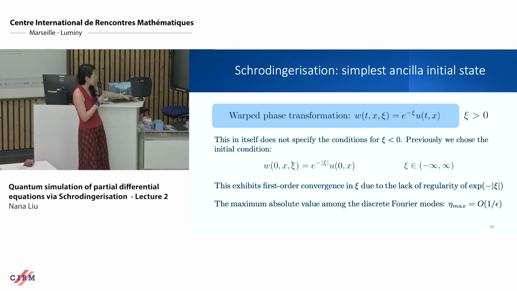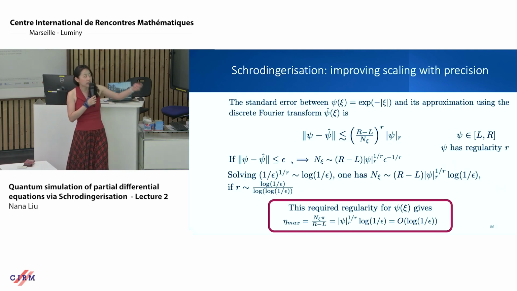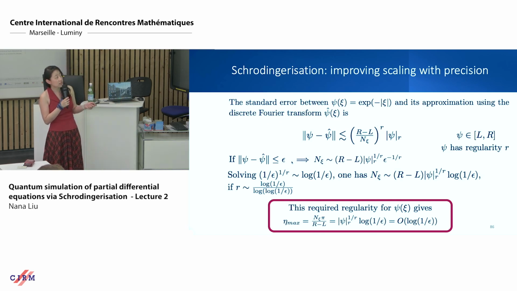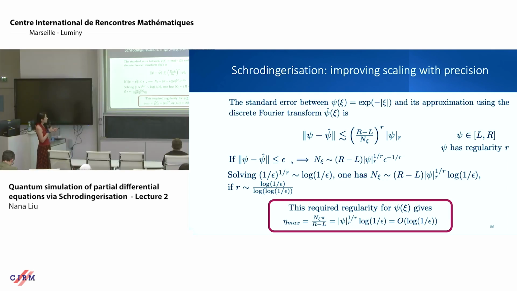So I'll give some examples. This is just to say how much more precisely. Before, the scaling went as 1 over epsilon, and our question is, can we get to log 1 over epsilon, for example? How much regularity do we actually need for that? Well, here is an example. We have a standard error between this sharp function, e to the power minus psi,